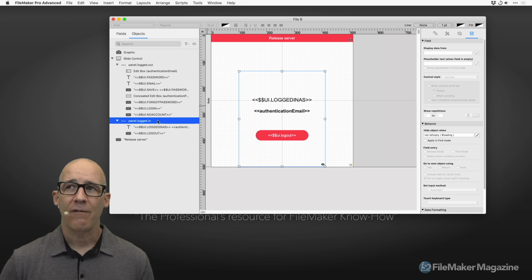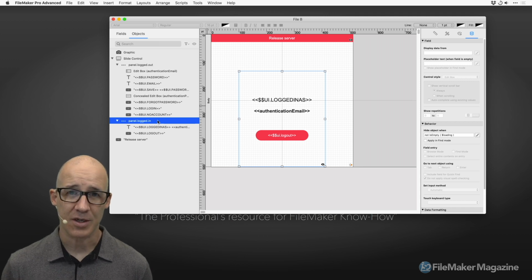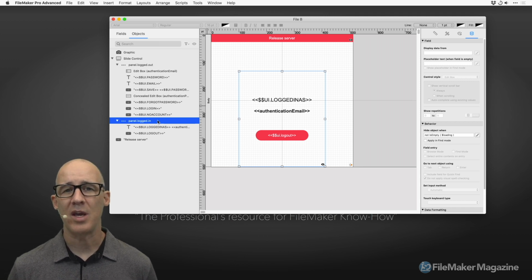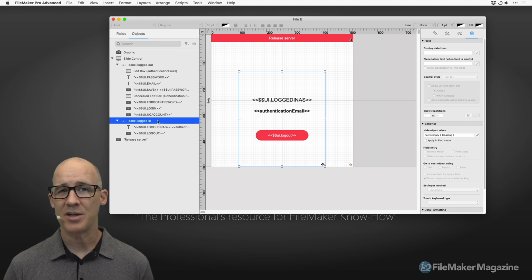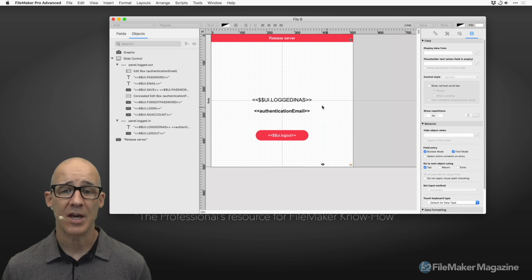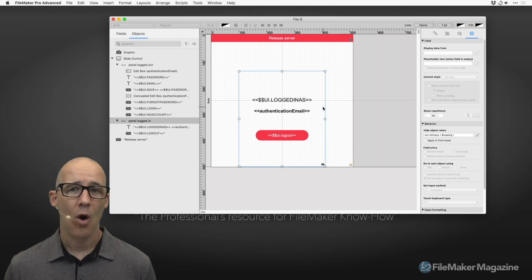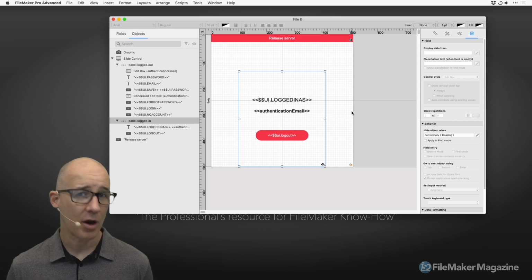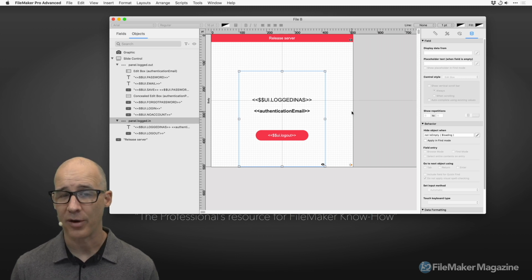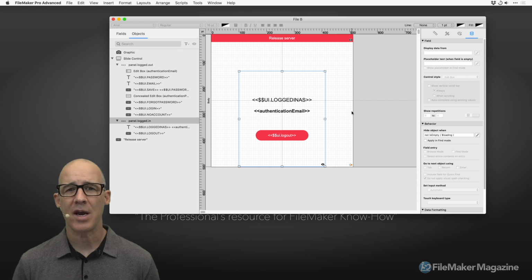Simply remember, FileMaker is a ball of calculations. If your calculation is being applied to multiple things, where you could instead just apply that calculation to one instance and either use a container such as a slide panel or completely rethink the problem. Another solution to this could have been that I could have had two layouts. I could have had a login layout and a log out layout. And really the question always comes down to,